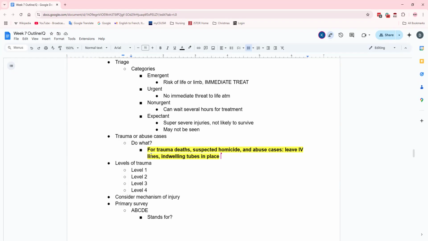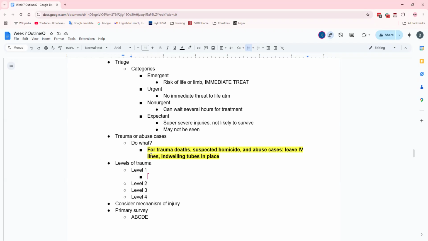That's another one that stuck with me. I was like, oh, it made sense when I heard about it again, but it was just not something that immediately came to my mind. My thought was like, I want to do something to make them comfortable. So maybe getting them changed into a gown or something they're more comfortable with, but that was not the case. Okay. Next is your levels of trauma.